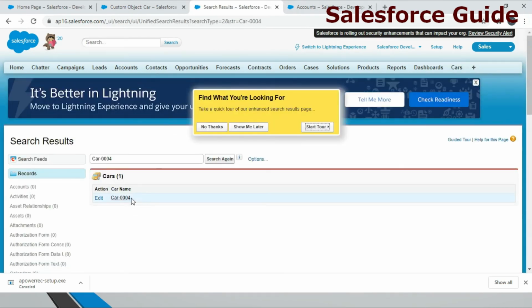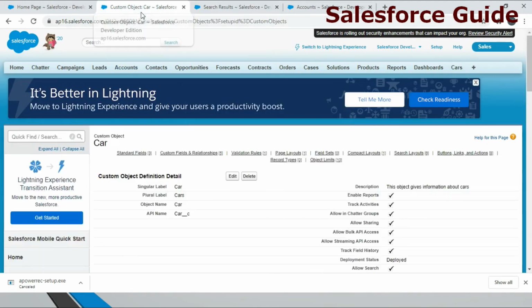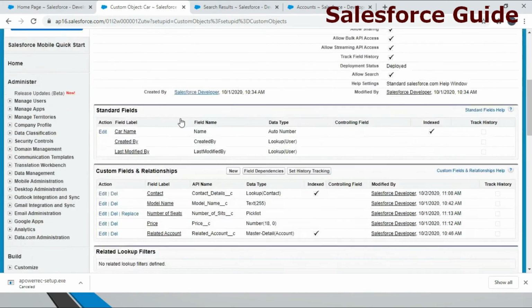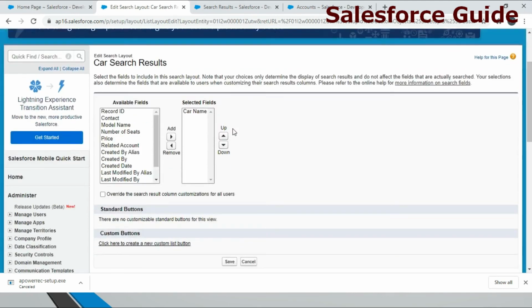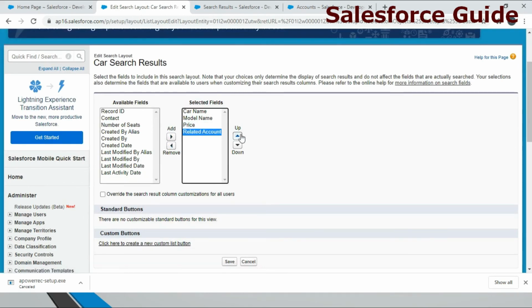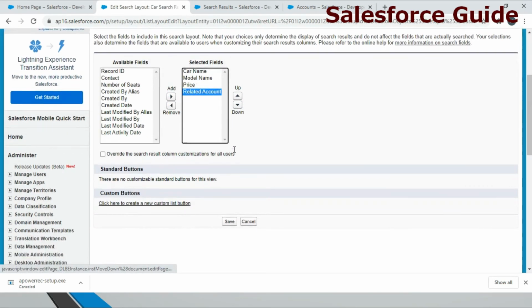Now you will see we have one search result, car 001, but we are not able to get more details about it. If you want to add such things, you just click on edit here and add any extra fields you want. I will add the model name, its price, and its account. You can rearrange them as well, whatever you want.